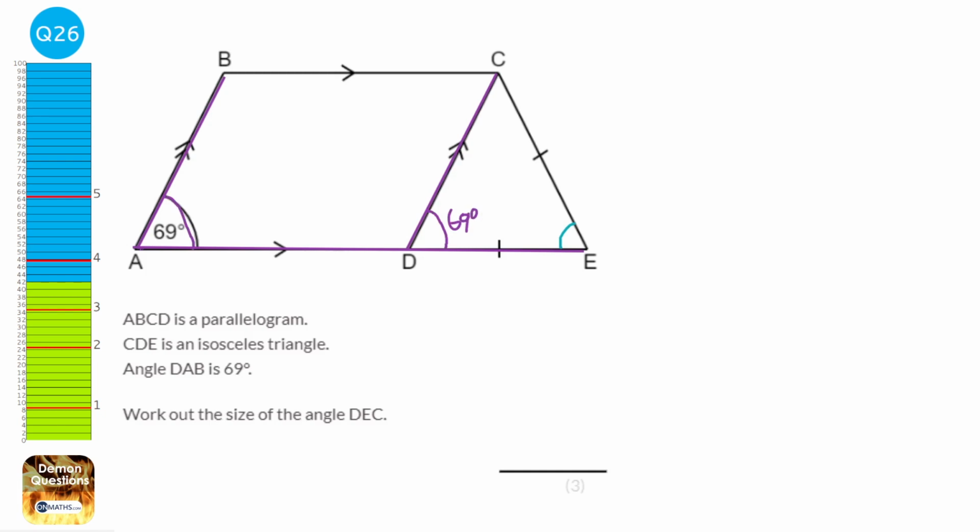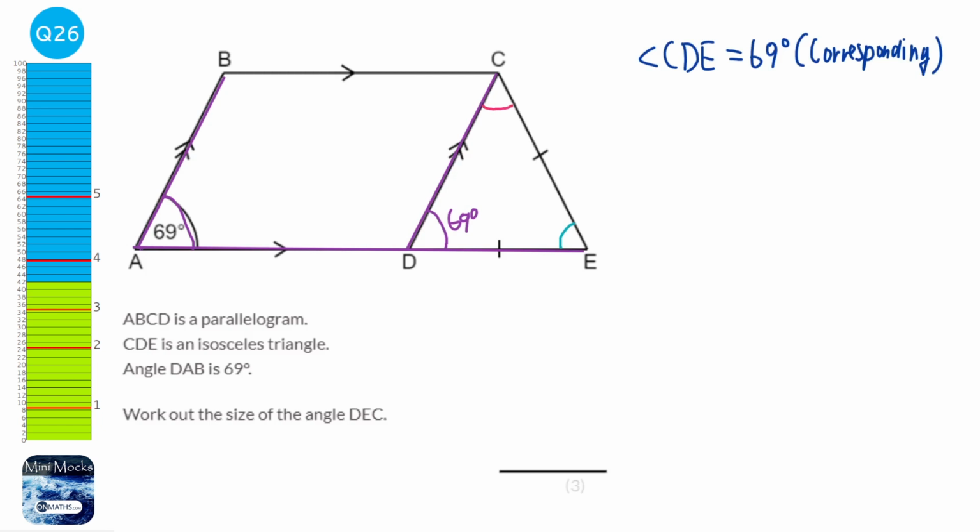So I need to write that down properly. Angle CDE equals 69 degrees because of corresponding angles. Okay. So if I know that CDE is 69, I also will know that this angle here is